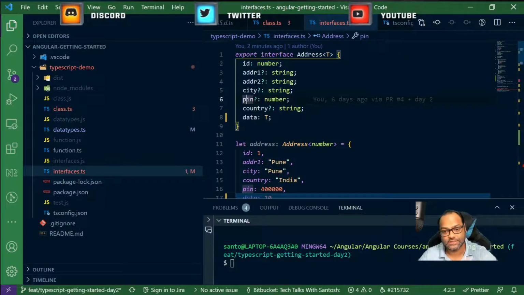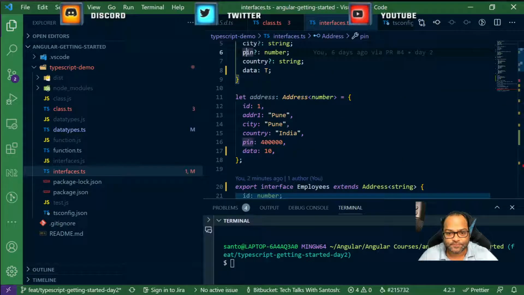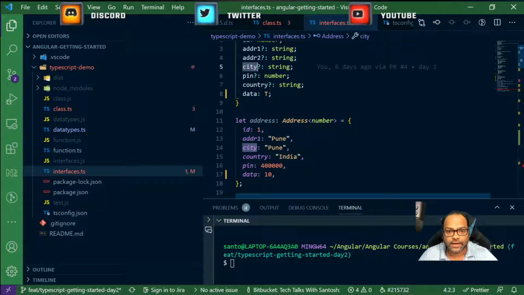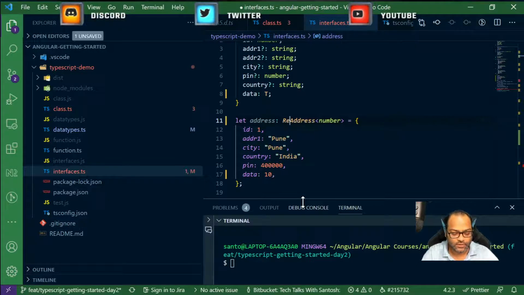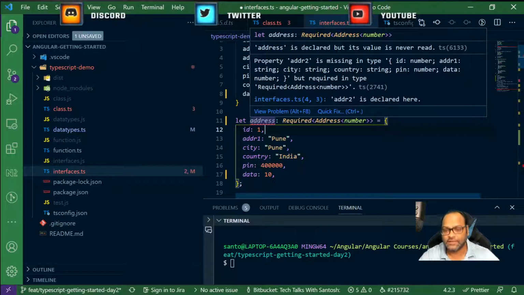Yes, that's possible. So let's say here we have city, and we are not mentioning address 2, right? But let's say we wanted to enforce that address 2 should be required. Of course, you have another utility type known as required, and you can use it here. Now you can see there is an error because it says address 2 is missing.